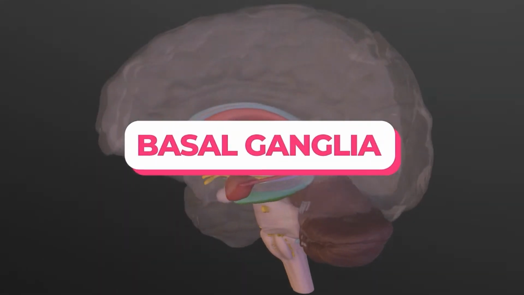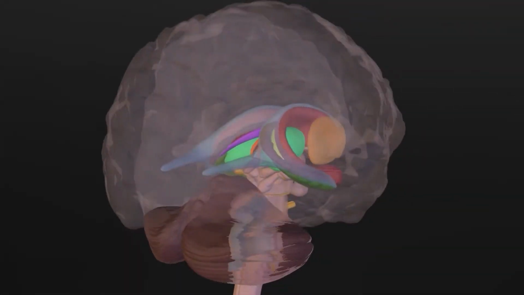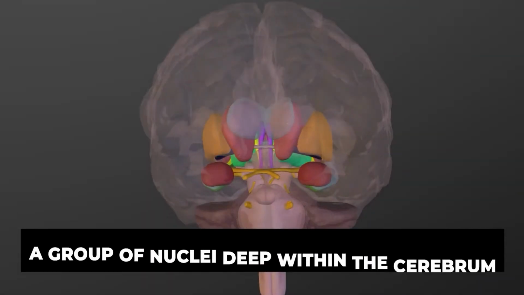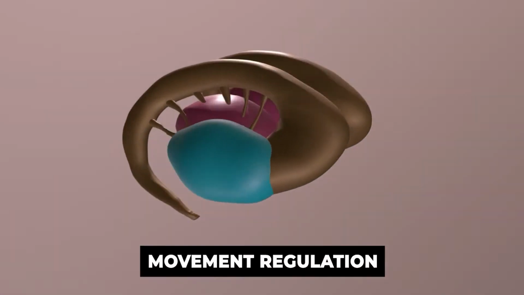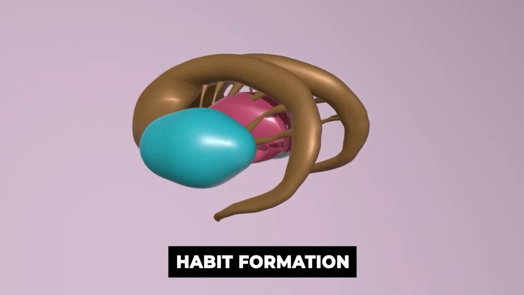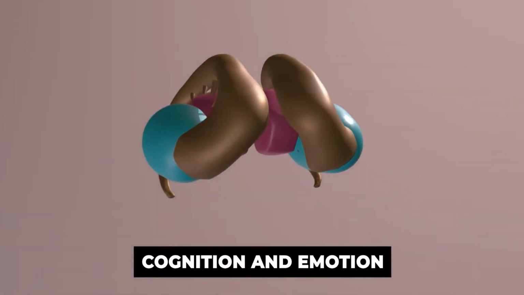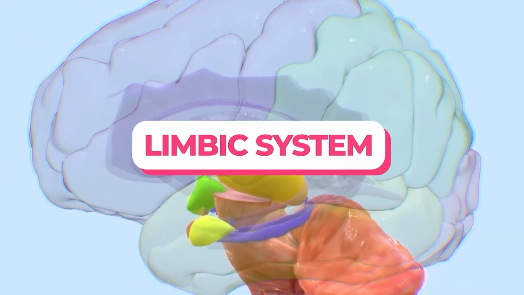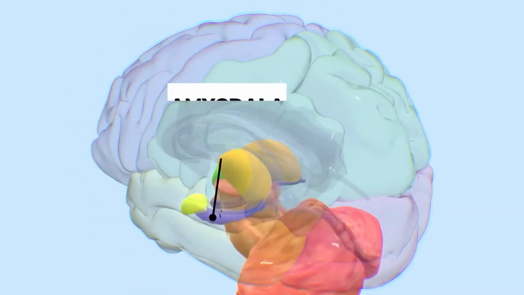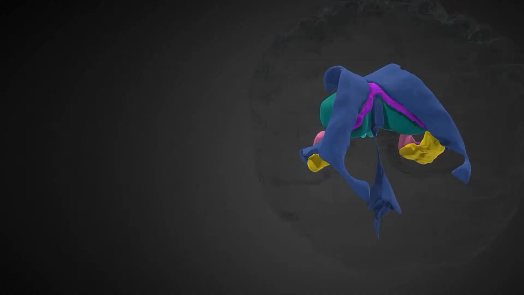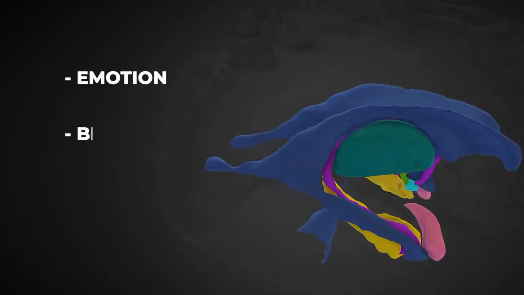Basal ganglia. Though often considered separately, the basal ganglia are a group of nuclei deep within the cerebrum. They play a crucial role in movement regulation, habit formation, and certain aspects of cognition and emotion. Limbic system. Also nested within the cerebrum, this system comprises the amygdala, hippocampus, and other structures vital for emotion, behavior,